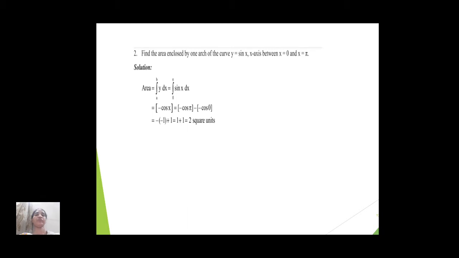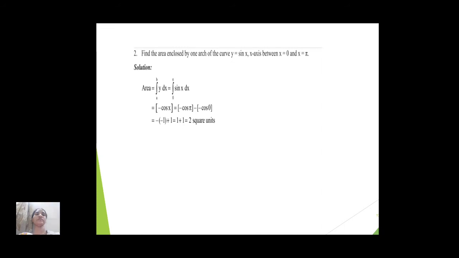Next problem. Find the area enclosed by one arch of the curve y equal to sin x, x-axis between x equal to 0 and x equal to pi. Here the curve is y equal to sin x and the limits from 0 to pi. Then we get area equal to integral a to b y dx, that equal to integral 0 to pi sin x dx,